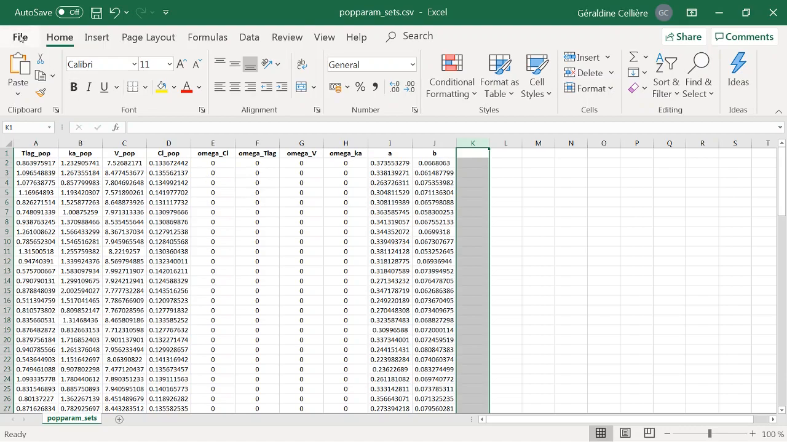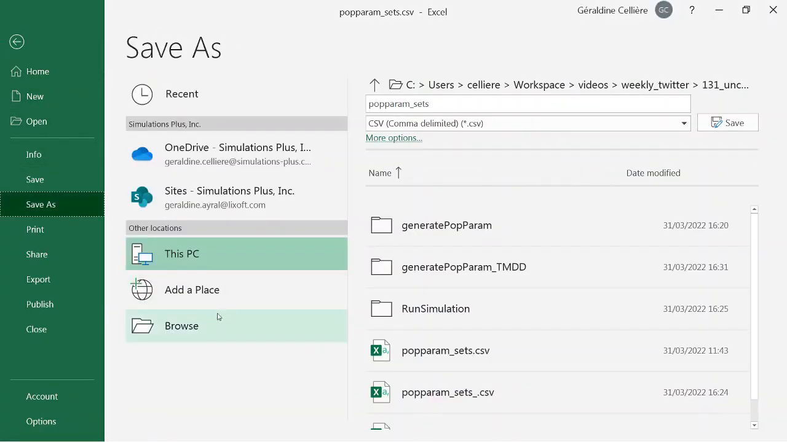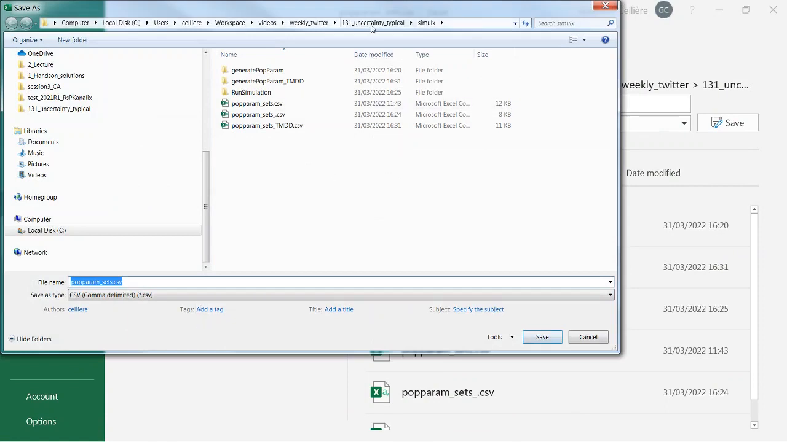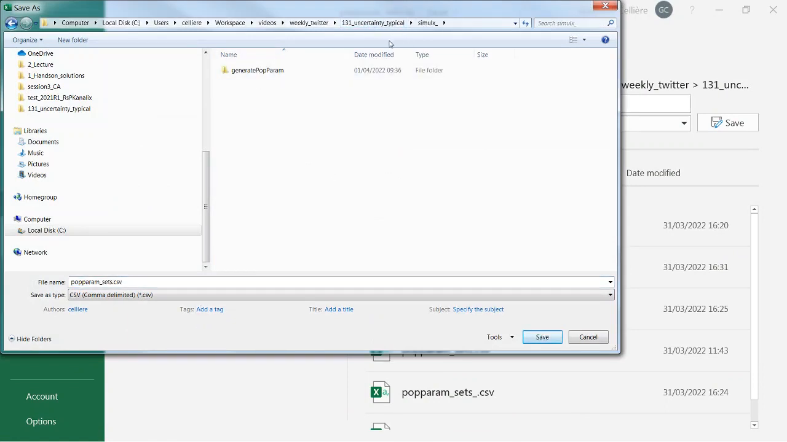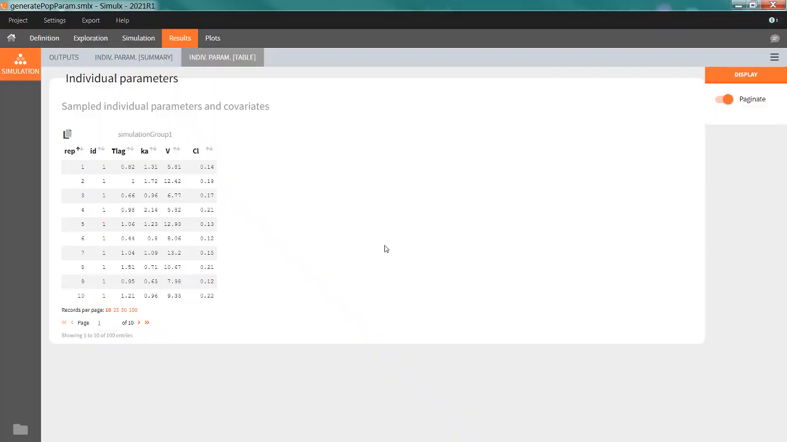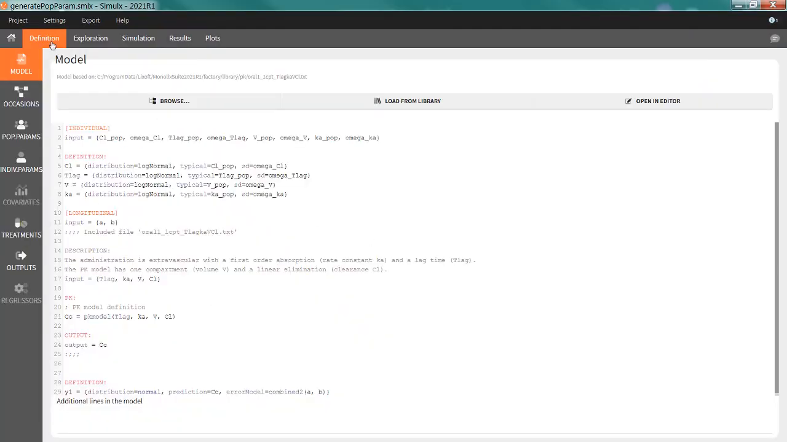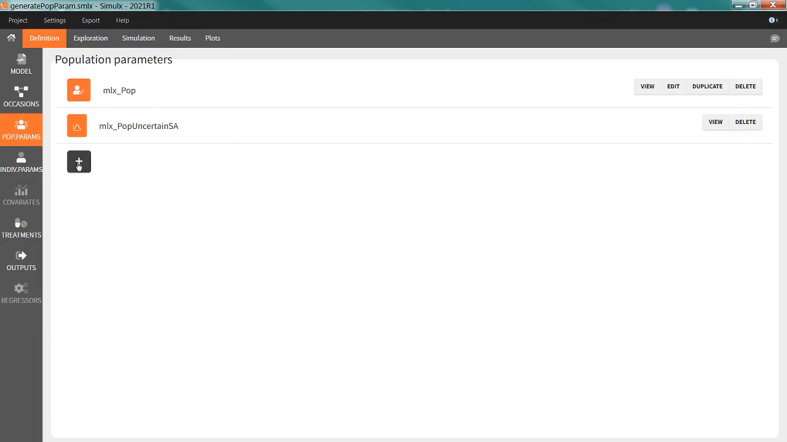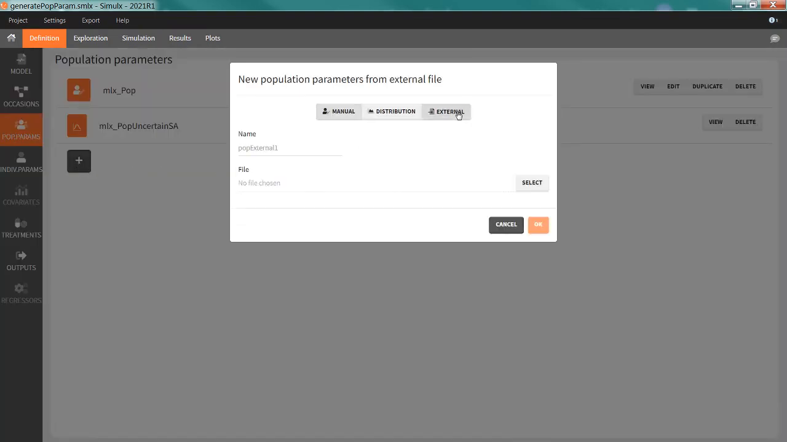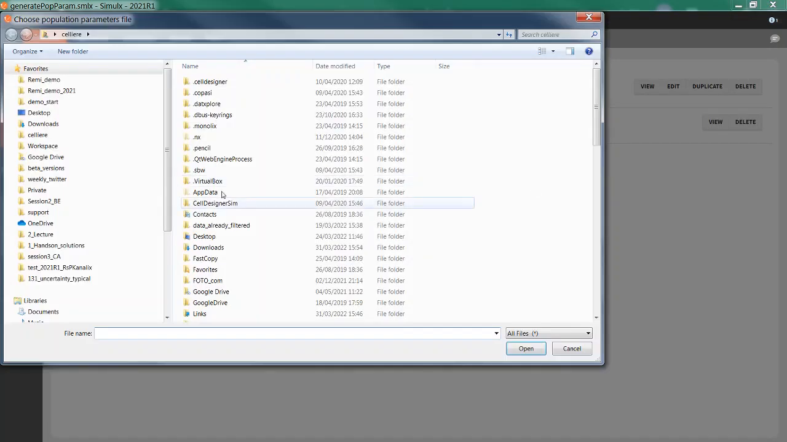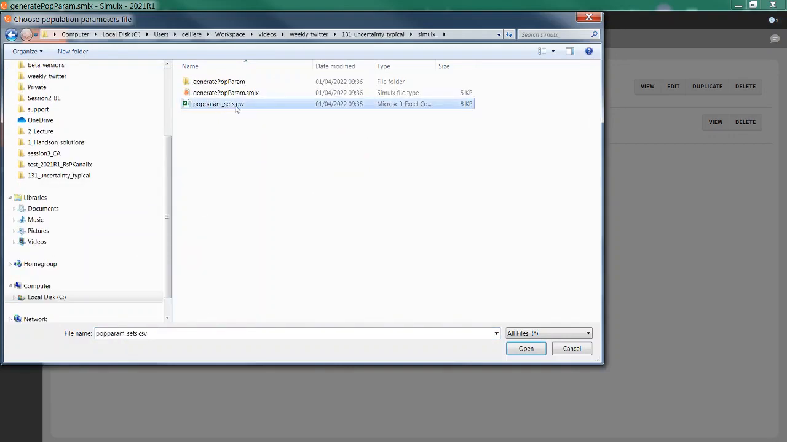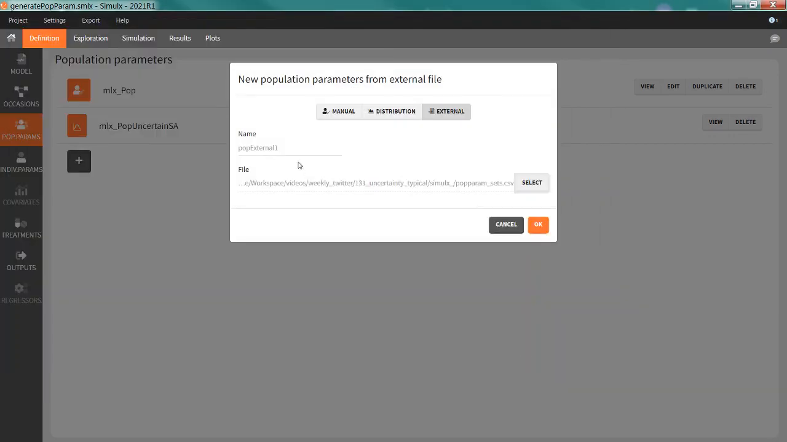I now need to save this file, and it's important to save this file at a location where I can find it easily. So actually I will save it in my working directory, and I will call it pop-param sets, for instance. Now I go back to Simulx, go to the definition tab, and create a new population parameter element, which I will define via an external file. So here I'm going to select the file I have saved previously, and I'm going to call this pop uncertain fixed effects,